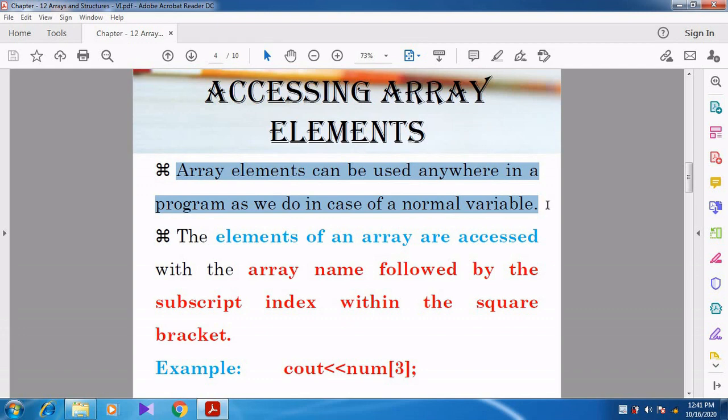For example, if I declare an array variable and say the size of the array is 5 or 10, then if I mention 5, I can store 5 elements, that is 5 values.